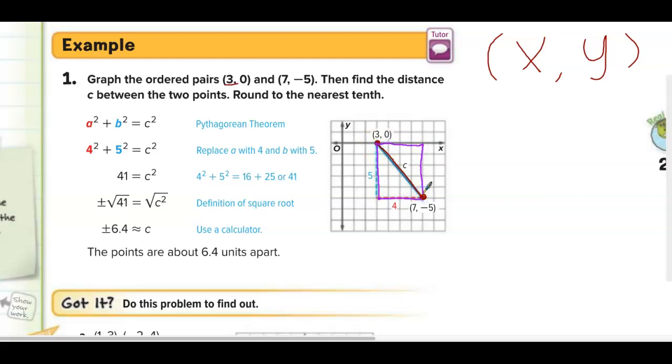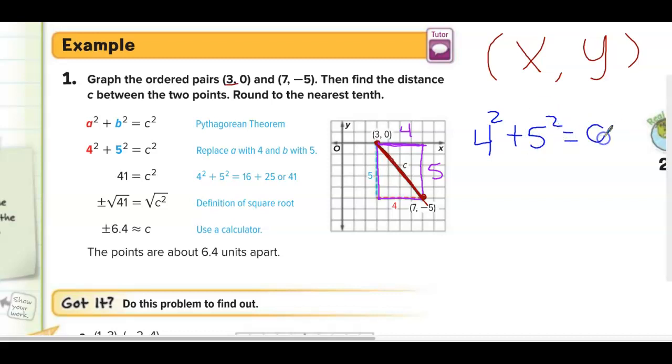Either way, I will get the same answer, because how many do you have to go over from here to here? 1, 2, 3. So that is 4, and then what's this? 5. We can count the squares, right? Questions on that? So what would be my formula to figure out that red line that I have? A squared plus B squared equals C squared. So what is A? 4 squared plus, what is B? 5 squared,